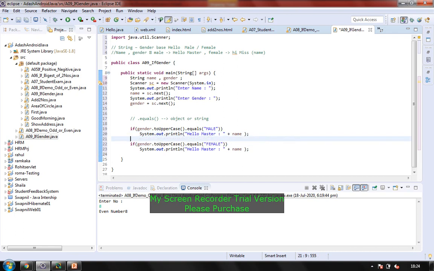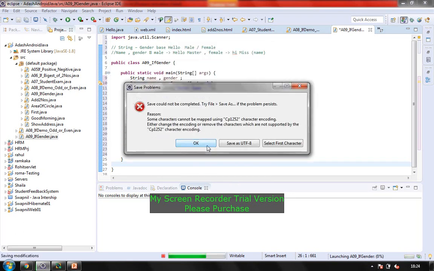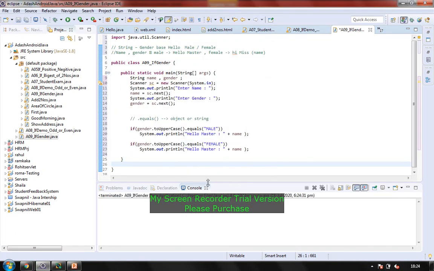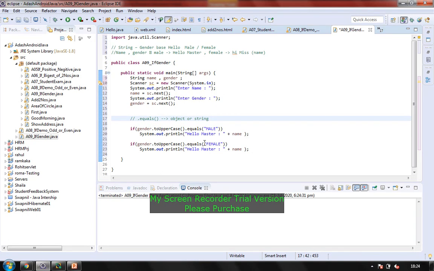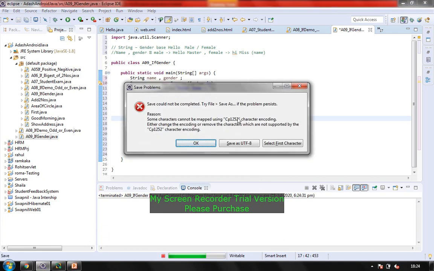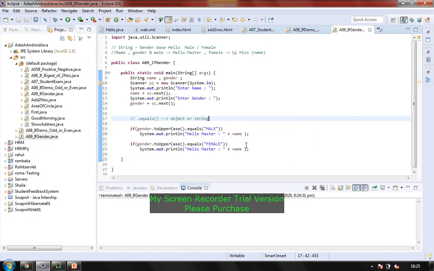So let's check out this example. I run this program again. Now I will be doing two things. I missed something. Save. So just check it out. I think the file is not properly saved, so I'll press Control S. It is saying there is some problem while saving the data. Encoding, okay. Save this in this format. Is this file saved? I think it is saved. I'm just trying to run it.